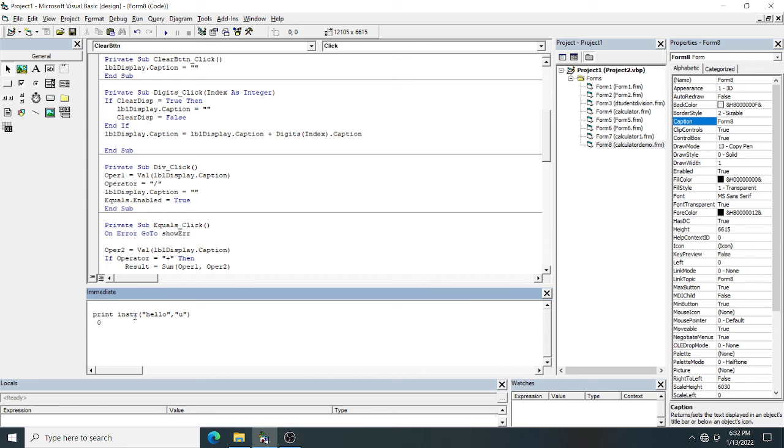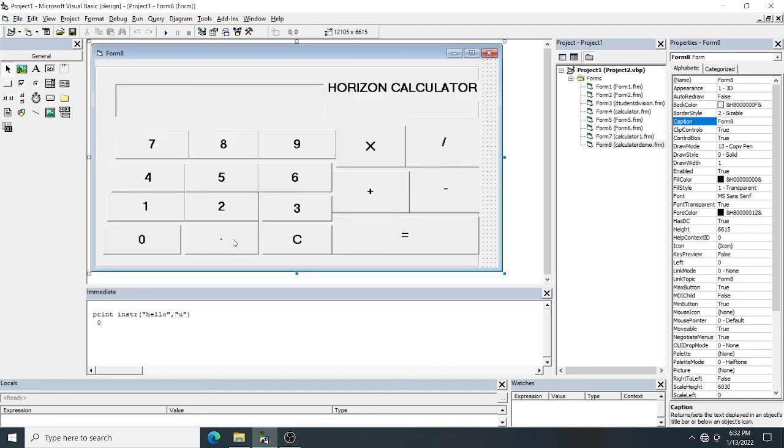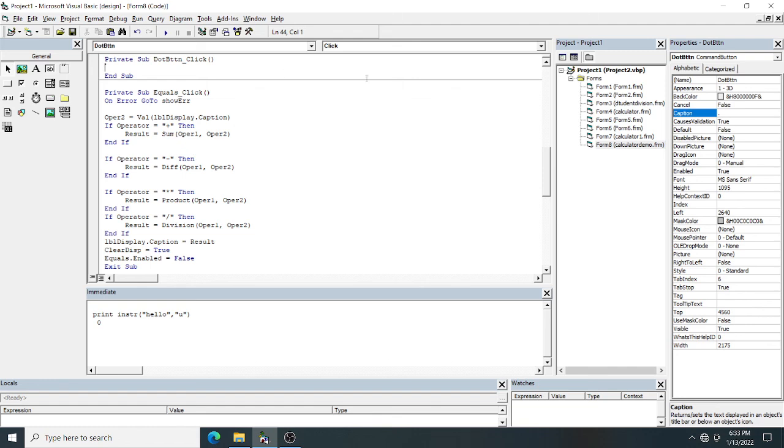So here the problem is we have to find the decimal point. If it is getting the decimal point, it will return the decimal point value. If it is there, it will return some value, and that value is called a non-zero value. So we have to code it for which one? The decimal point dot button. So I will copy and paste.